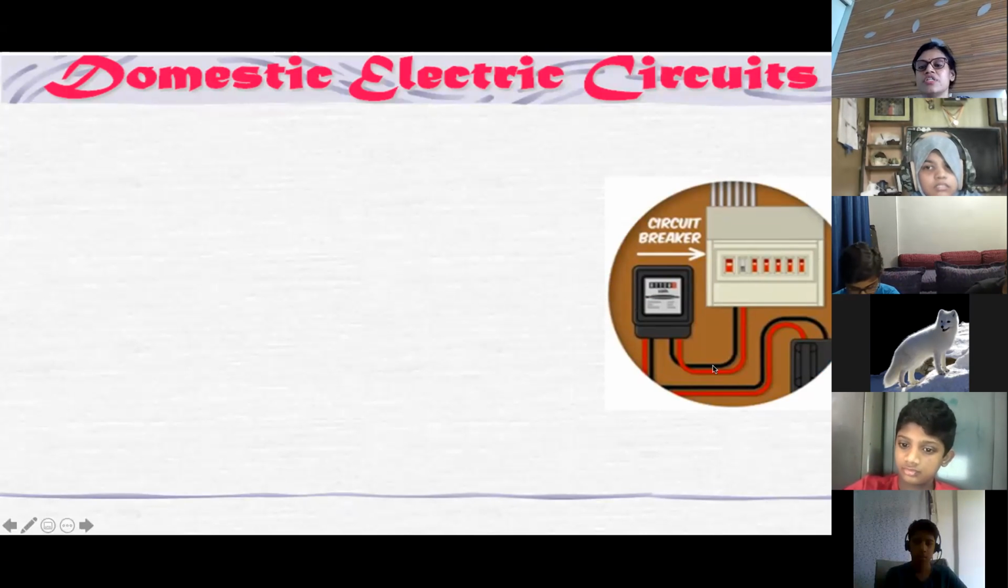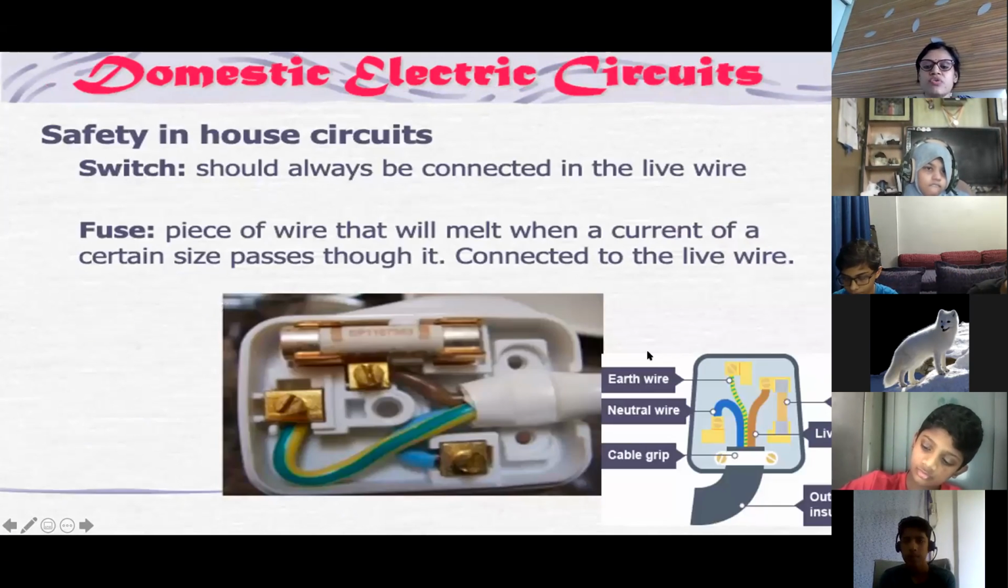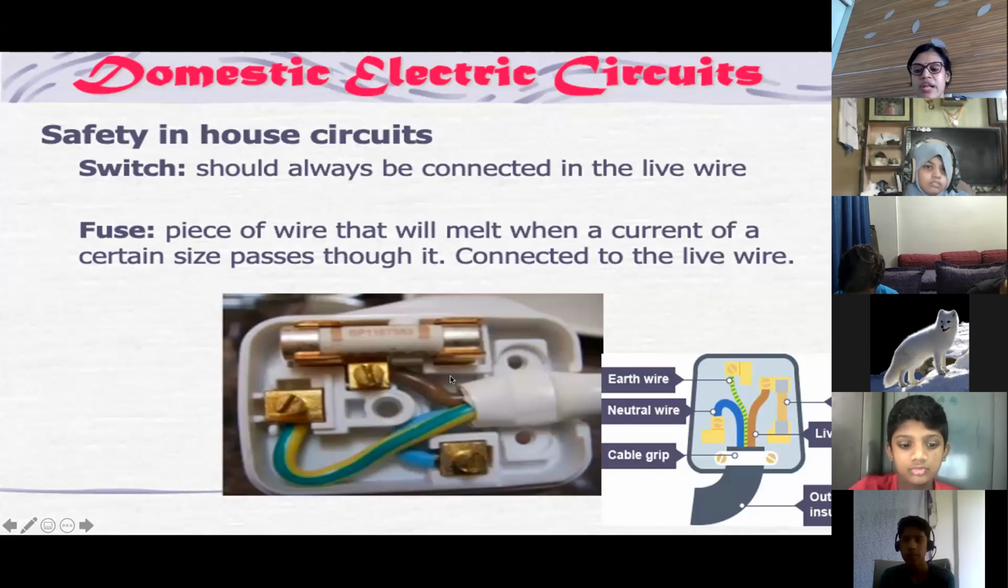This is your distribution board or meter. You can see this is the meter where the reading comes, and you can see the wires over here. This is the main switch, connected to the meter. So whatever electricity you are using comes in the meter and you get the reading, and this way you have the connection. This is your socket. This picture is there in your book also. You can see this top point is earthing and earth wire, and this is your live wire, and this one is your neutral wire. You can see the inside diagram over here.